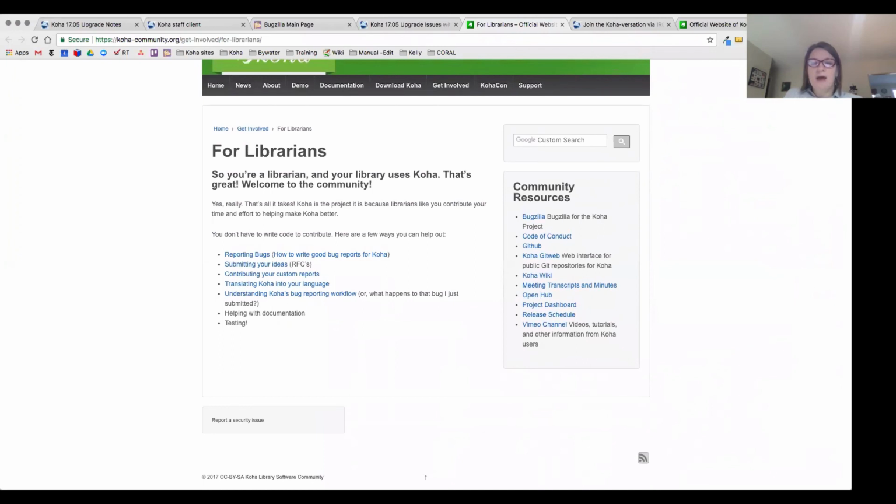We just love to have people let us know how to improve Koha, and I know that librarians adding their comments to any bugs definitely helps the process and moves it along to get some of these bugs into the next version. And I will say too, if you get intimidated, you click on that link and you go to Bugzilla and you're like, this is foreign. If we have a ticket open with you, any one of us will help walk through setting it up.